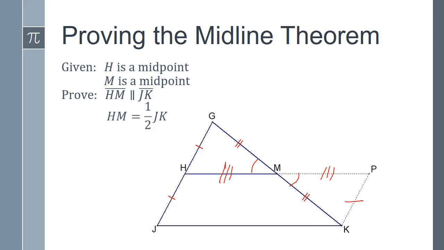And we're going to state that angle G is congruent to angle PKM, also by CPCTC. So the next thing we're going to state is that this is parallel to this, right? Because alternate interior angles are congruent. Now the next thing we can see is that since opposite sides are congruent, this whole figure now